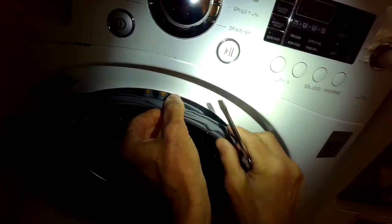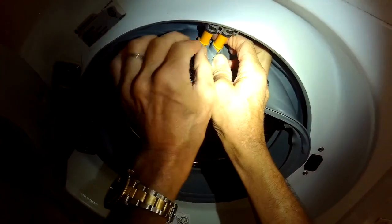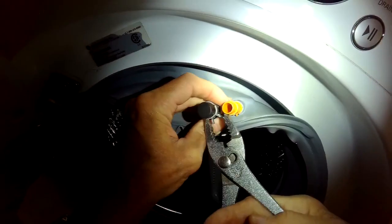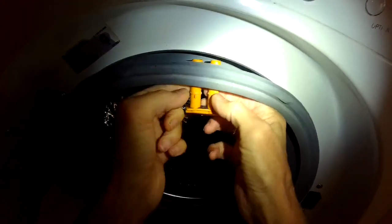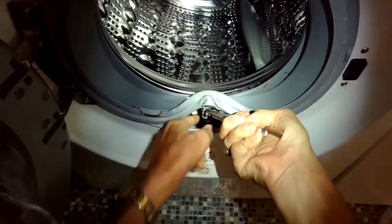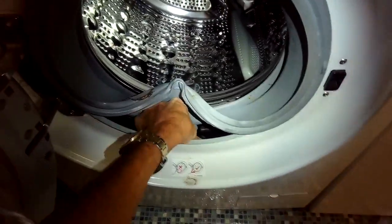So I'm using a standard head screwdriver to pry off this spring clamp on the front, and then I'm going to peel off the boot from the front panel. I'll use some pliers to remove these two spring clamps. One is bringing water down in through the boot, and the other one's just a little plug I got to remove. Now I can take this plug assembly and push it out of the washing machine because I'm going to reuse it. I'm also going to use my pliers to press on this spring clamp to loosen up this tube that goes on the drain part of the boot at the bottom, at the 6 o'clock position. So I got that off, and now I'm going to push the boot in